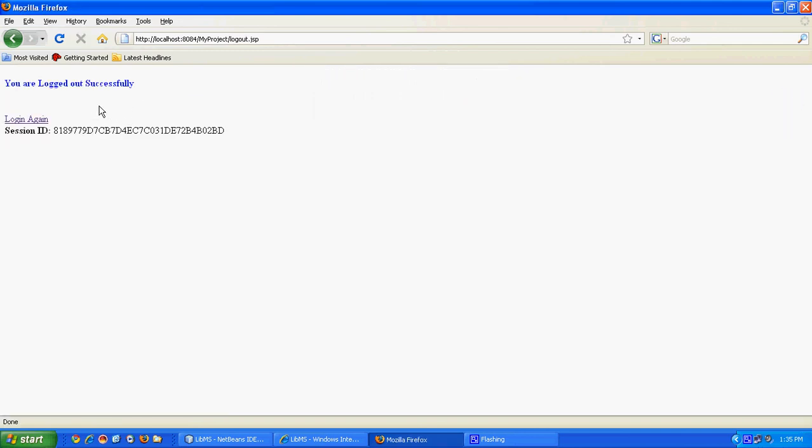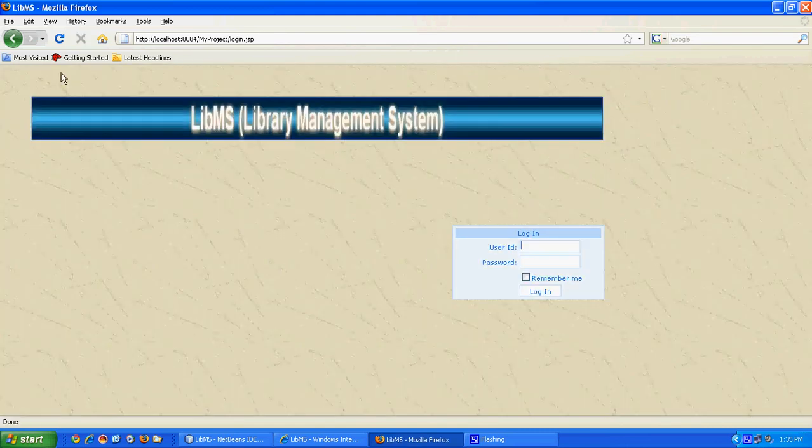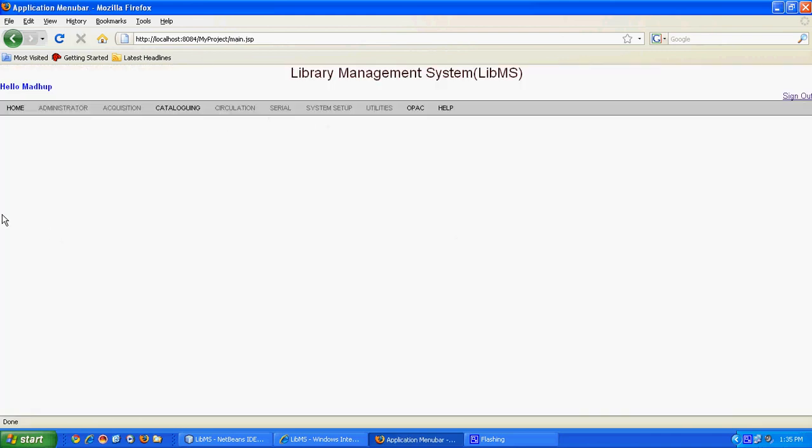Now we will show you whether the privileges have been assigned or not. For that I log out from the administrator module and log in with Madhup's ID. So it was 999, and giving the password. You see here this screen appears for Madhup, and you see he is not having access or privileges on the administration module, acquisition module, circulation module, serial module, system module, and like that. He is only having